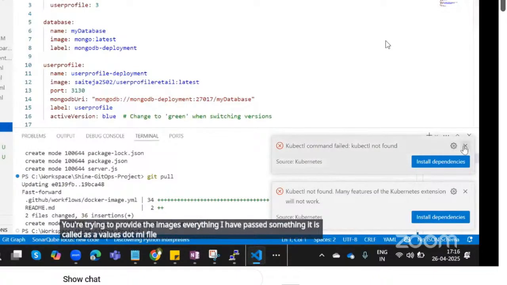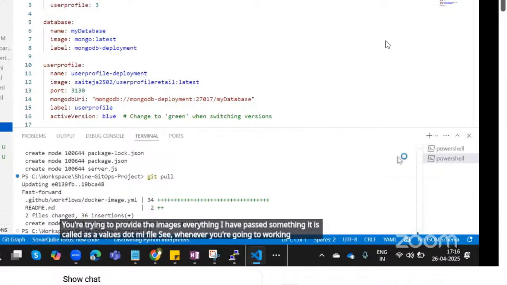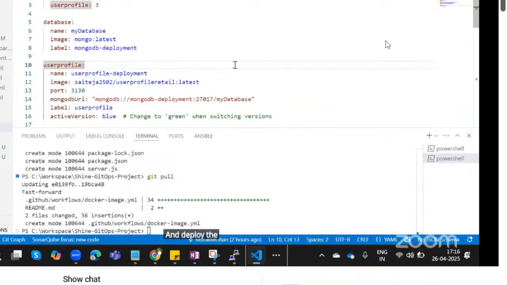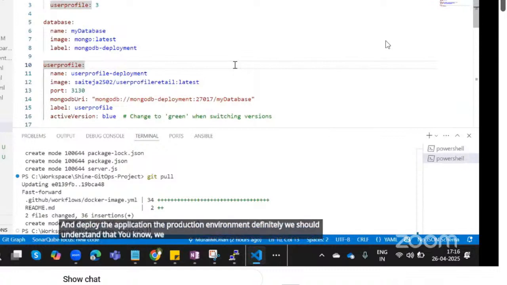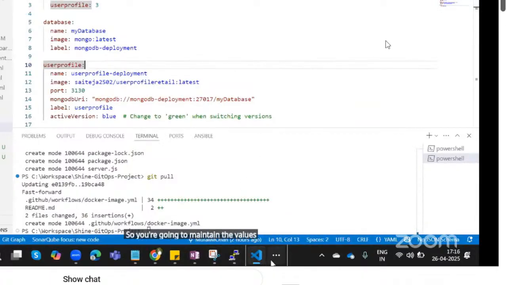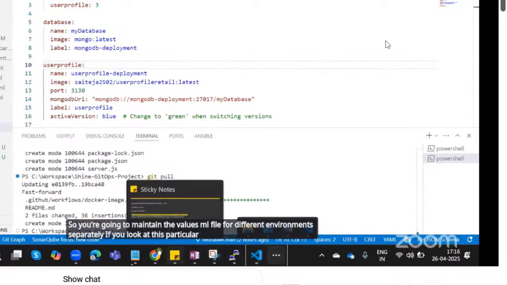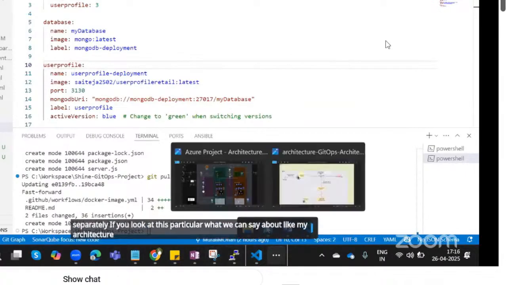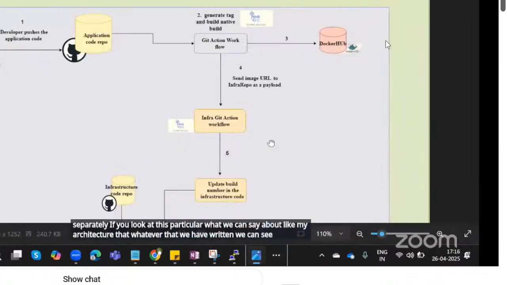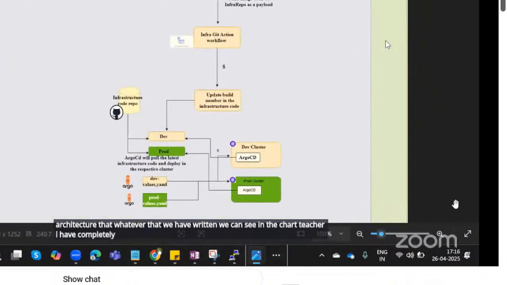Whenever you work as a DevOps engineer, when you want to deploy the application in the dev environment or UAT environment, and deploy the application in the production environment, we should understand that we have to make some changes inside the values.yaml file. So you are going to maintain the values YAML file for different environments separately. If you look at the architecture that we have written, we can see that I have mentioned